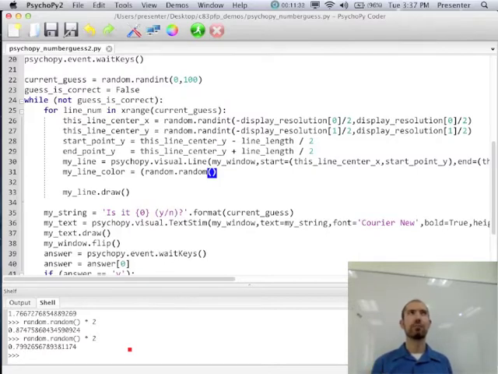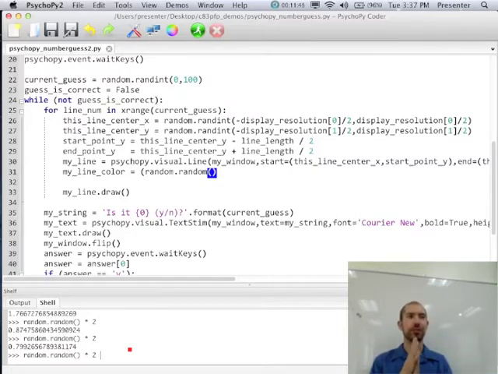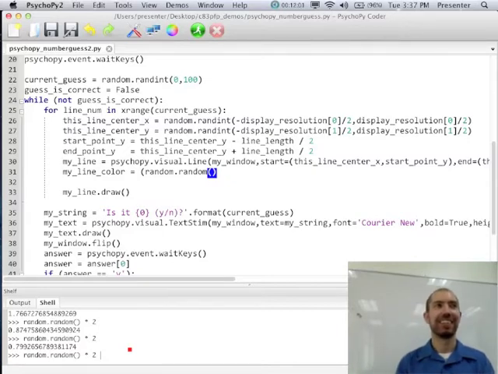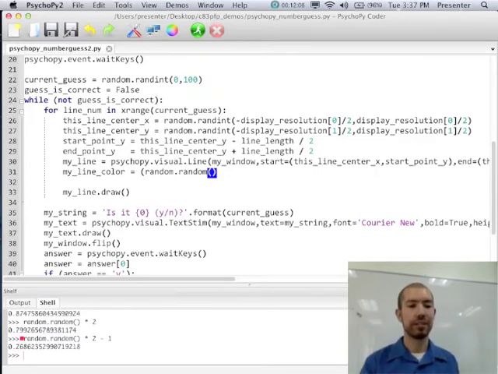What if I want a random number between -1 and 1? What do I need to do to that random number in the range 0 to 2 to make it a random number from -1 to 1? Well, what's the difference between the range 0 to 2 and -1 to 1? Come on, don't be shy. All right, it's just a difference of 1, right? So if I take that and subtract 1,